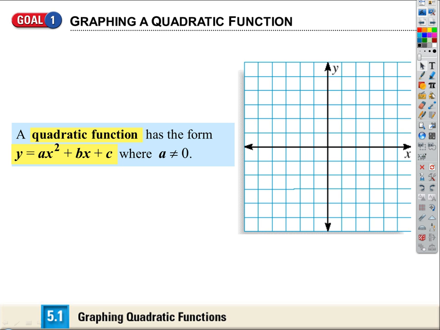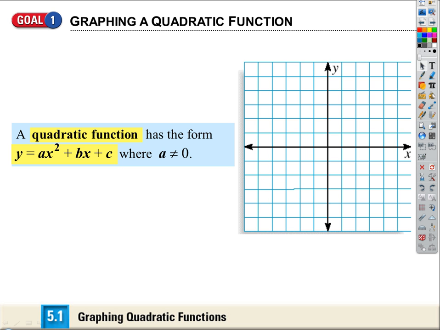Okay, quadratic functions. Today I want to talk about how we can quickly graph quadratic functions. We're talking about the graphs of quadratic functions. If we have time, I want to maybe show you some features on your calculator that are very helpful with